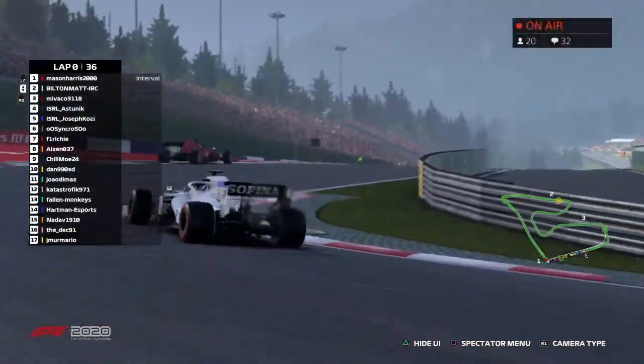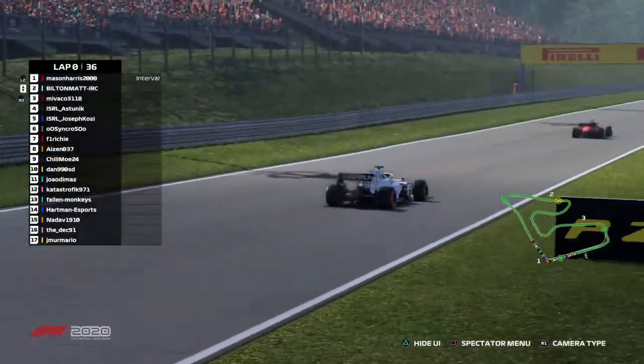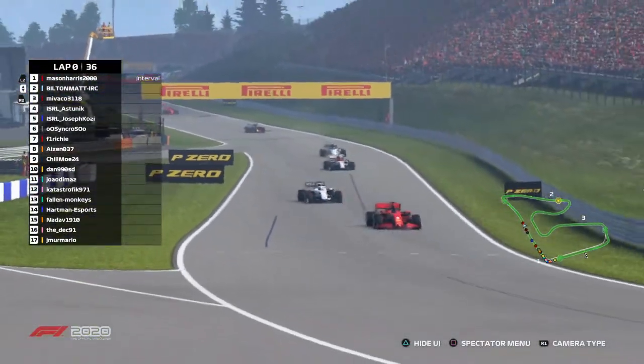Yeah, big names in this one, says Blinn Machine. Absolutely. Some big ISRL boys have been here for quite a while racing in this tier. It's going to be a very interesting tier. Of course, last season